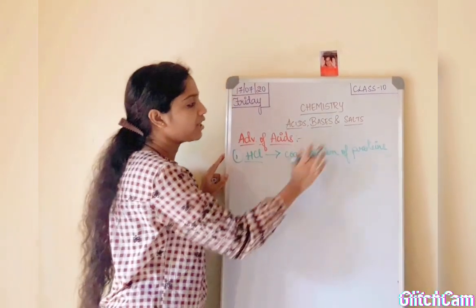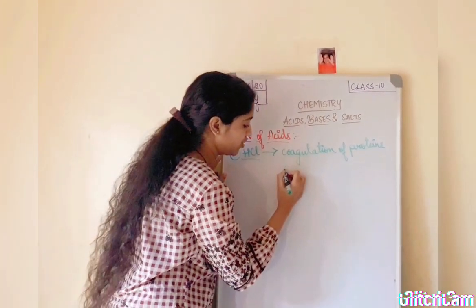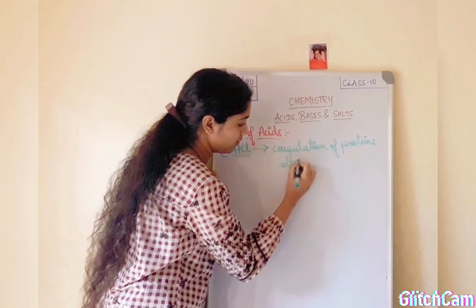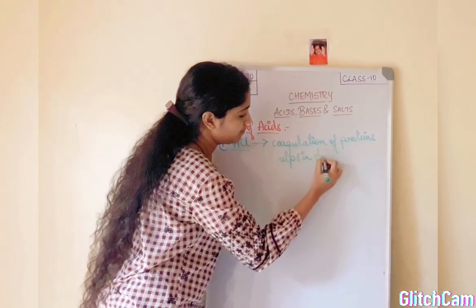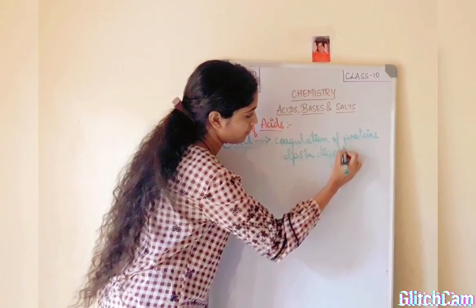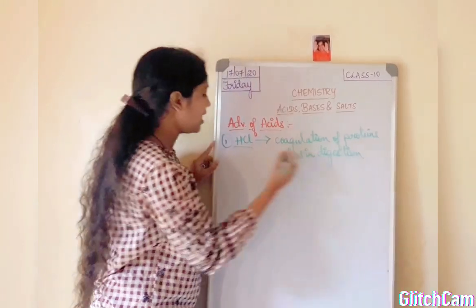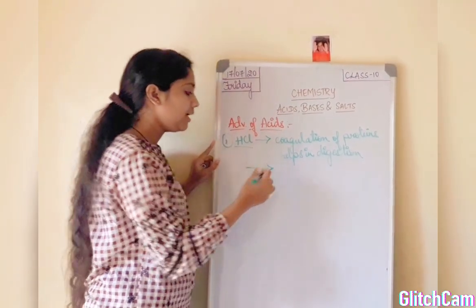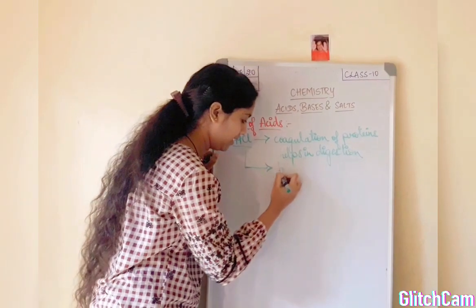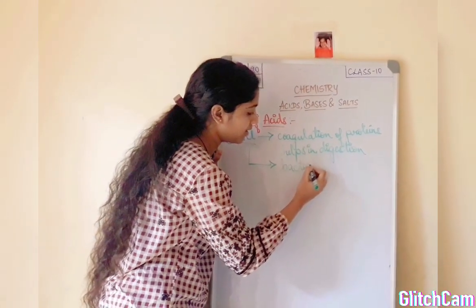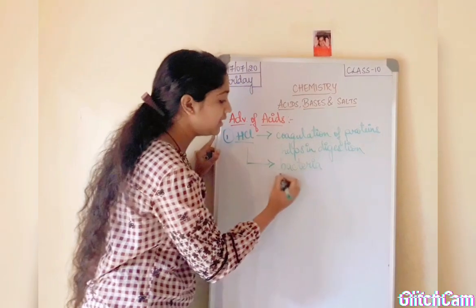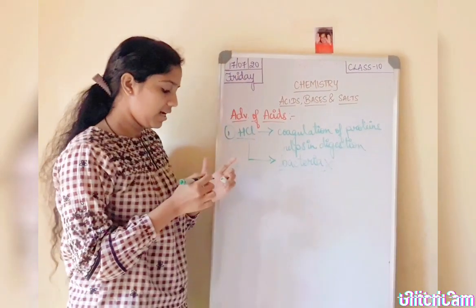So, coagulation of proteins helps in digestion. Also, hydrochloric acid kills the bacteria that enters the stomach along with the food. So, next,